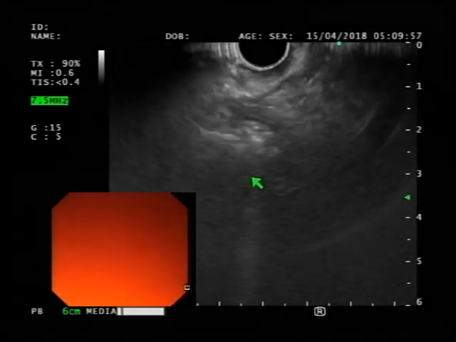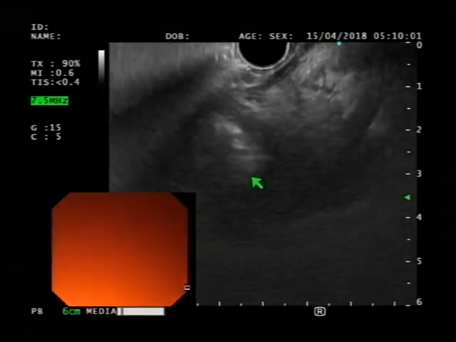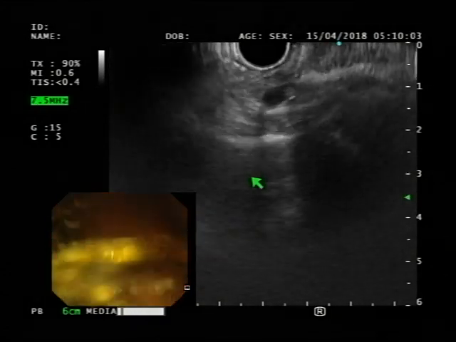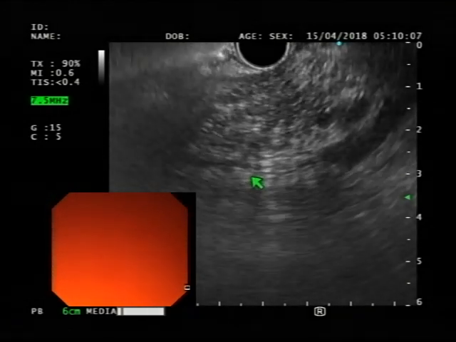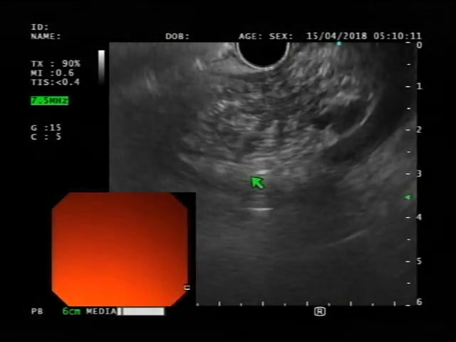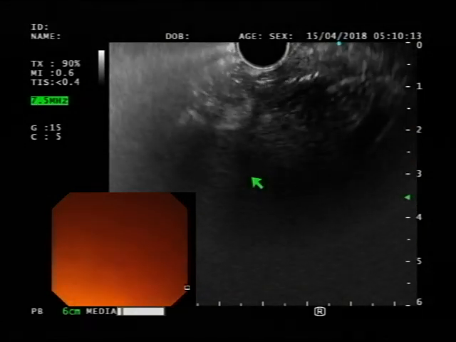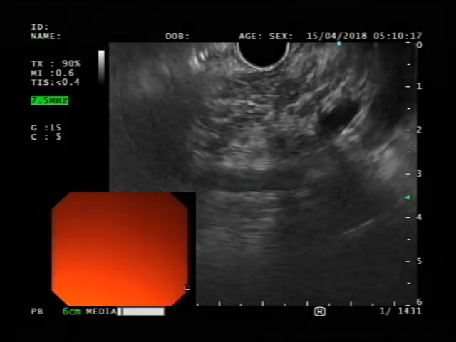Right. And basically I'm doing small movements, less than 45-degree movements, just to see the area. So there, the pancreatic head came into view. This is our mass right there with the stent traversing right through it. So if I just freeze it,